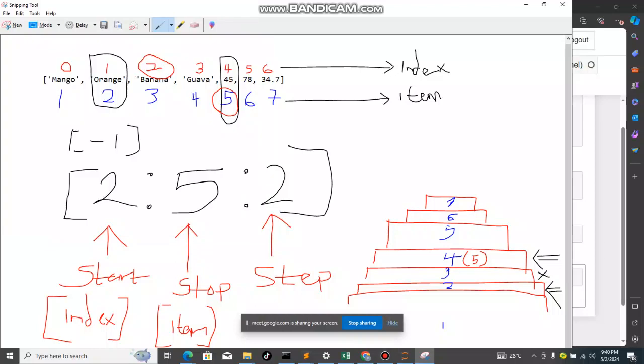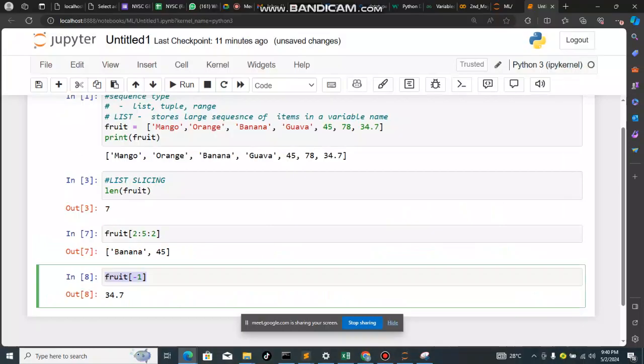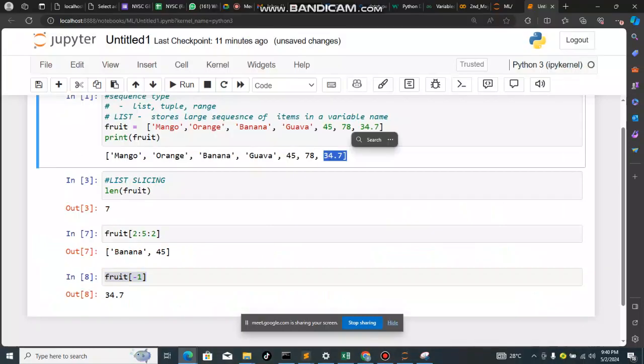From the back. Start from the back. So this guy started his step from number 7 instead of number 0 or 1. So he started from the back. This is what -1 is. So you start from the last item in the list. This is it. So that is why we got